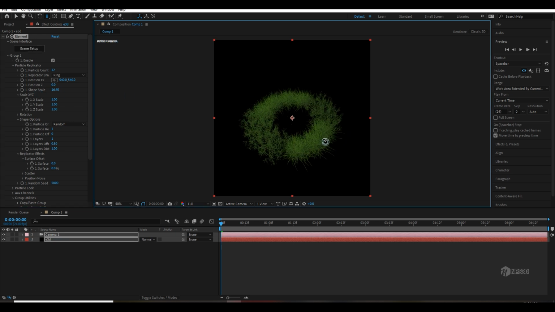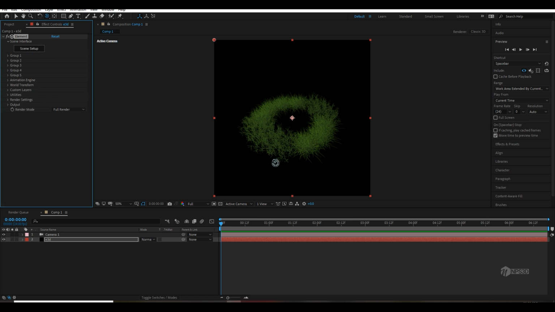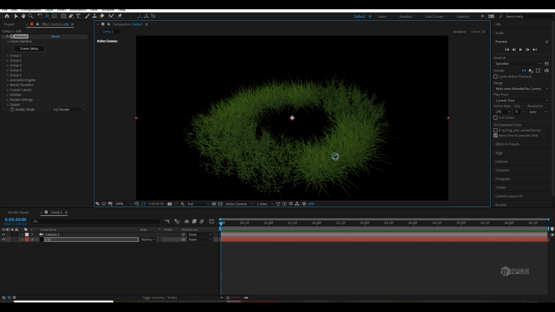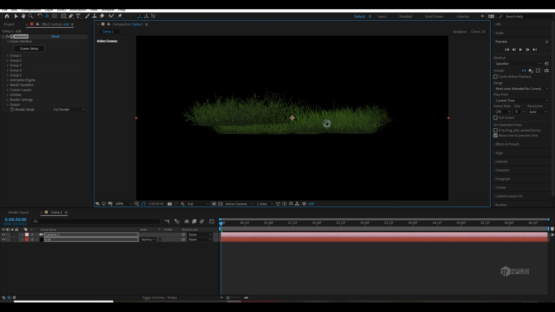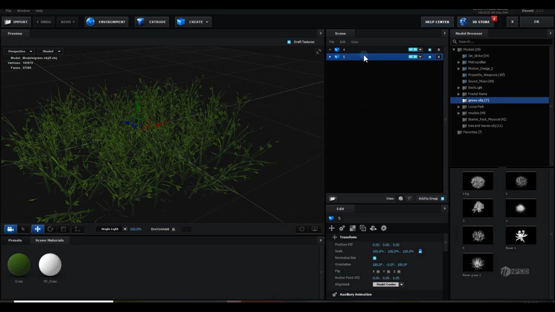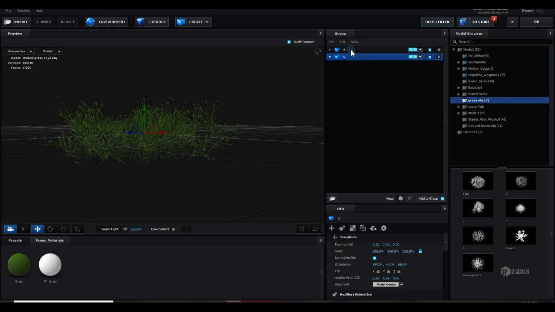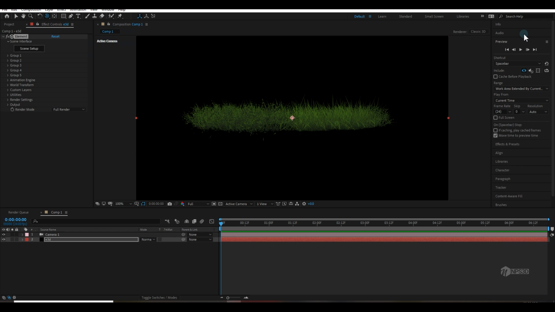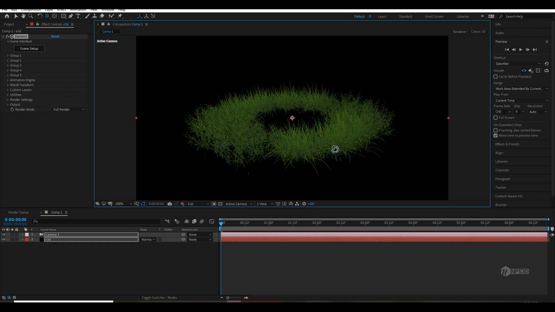This is good. Now let me animate this, and then I will work on the realism part. This is a little bit down, so I will simply move this up, and it's fixed.